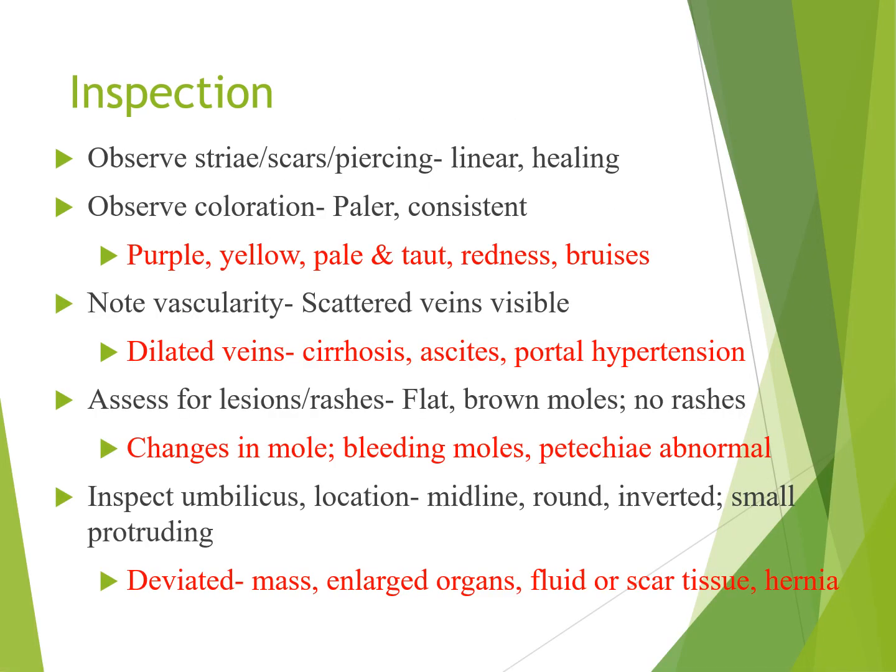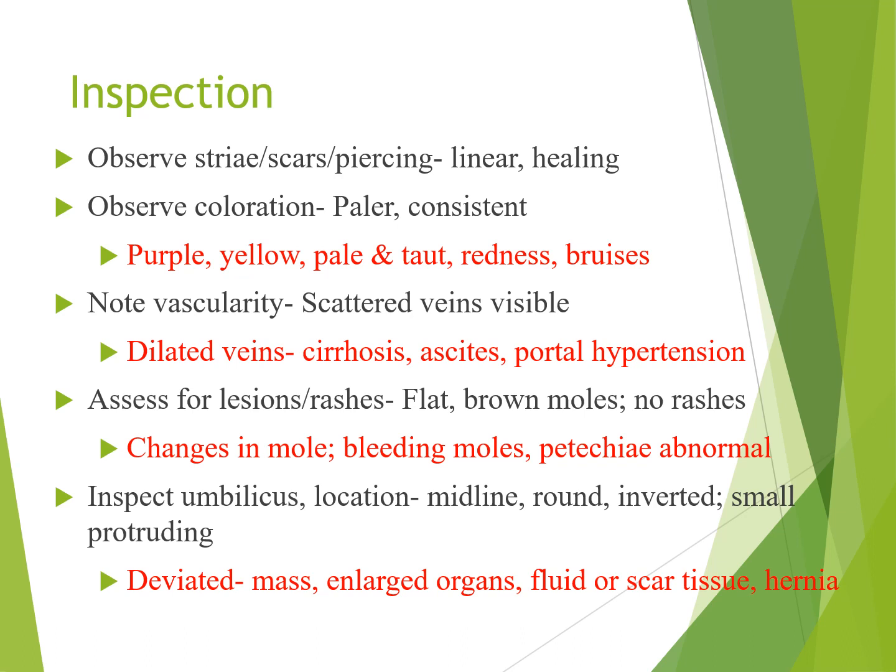assessment. So when we're inspecting, we're looking for any striae or stretch marks, any scars or piercings. We want to make sure that they're healing and there are no signs and symptoms of infection. We assess for the color of the abdomen. We expect it might be paler than the rest of the body because there's not as much sun typically, but we're looking for consistent coloration. There may be abnormal findings such as bruises or redness, and you're going to document those in whichever quadrant they